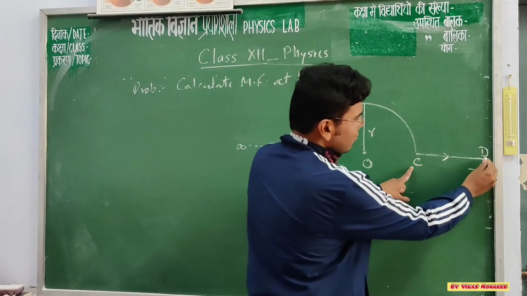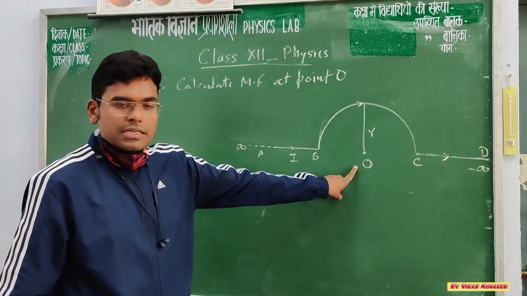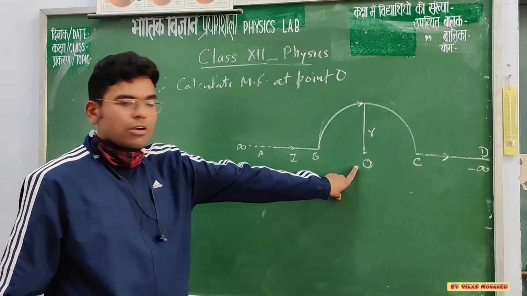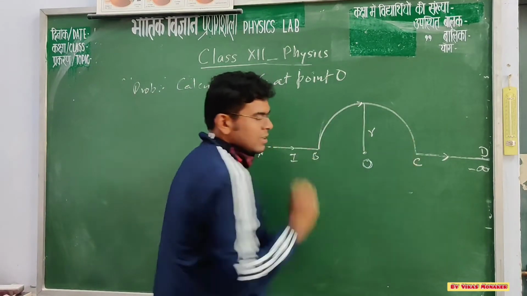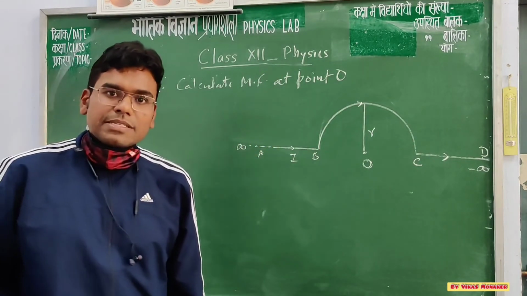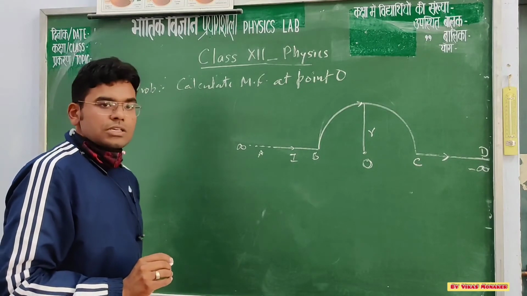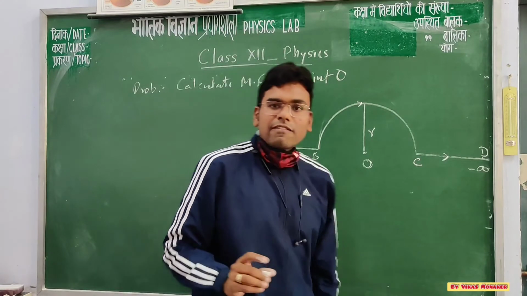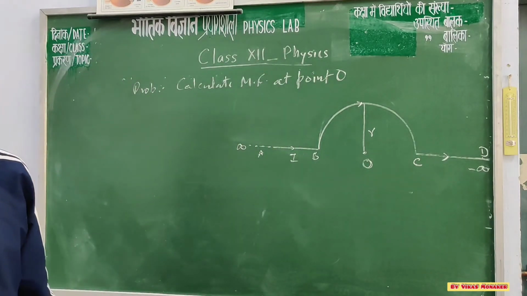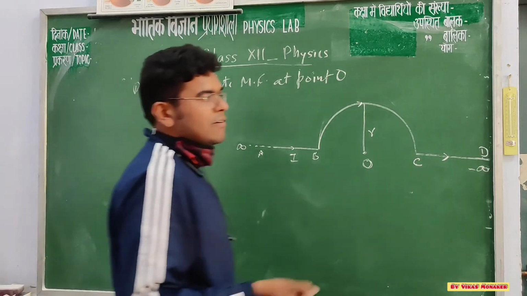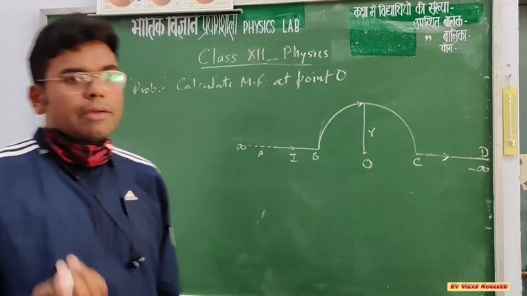Very similarly, if you look at this CD wire, this point O is lying on the axis, so the magnetic field will also be equal to 0. So what is left? This circle is left. And what sort of shape is this? This is a semicircle. We know the formula for the magnetic field due to a circular shape, so we can calculate the field due to a semicircular shape by dividing by 2. Because for a complete circle the magnetic field is B, for the semicircle it will be B by 2.